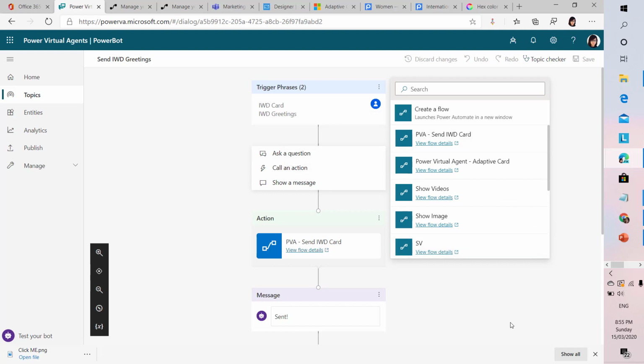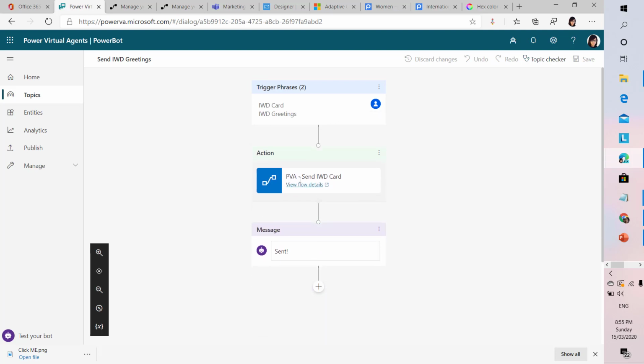Here, this is the one. So when I select that, this is what appears. There is no input or output here because I'm not actually sending anything in. Obviously, you can make a more complex flow. You can create a flow that will post to a specific channel requested by the user. If so, then you will have the input string, which is the channel name, and then the output string would